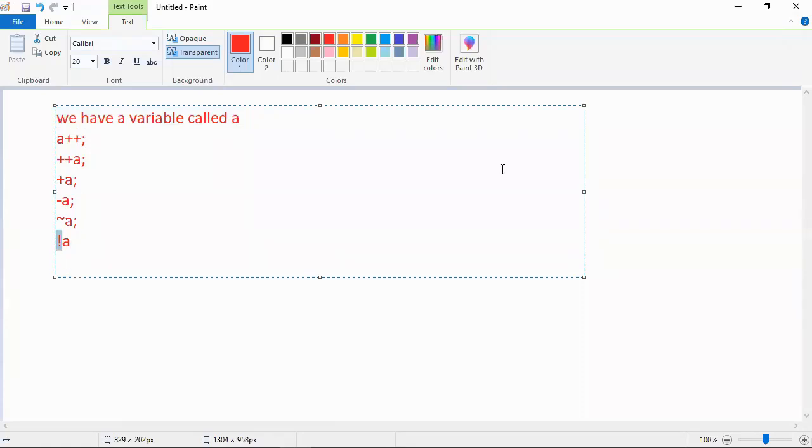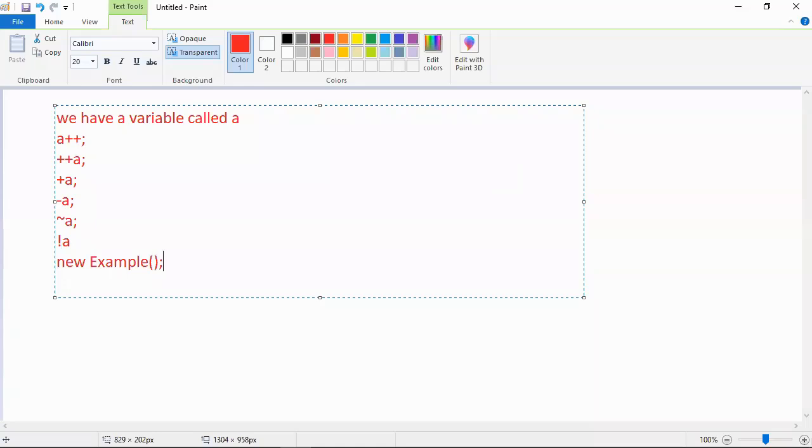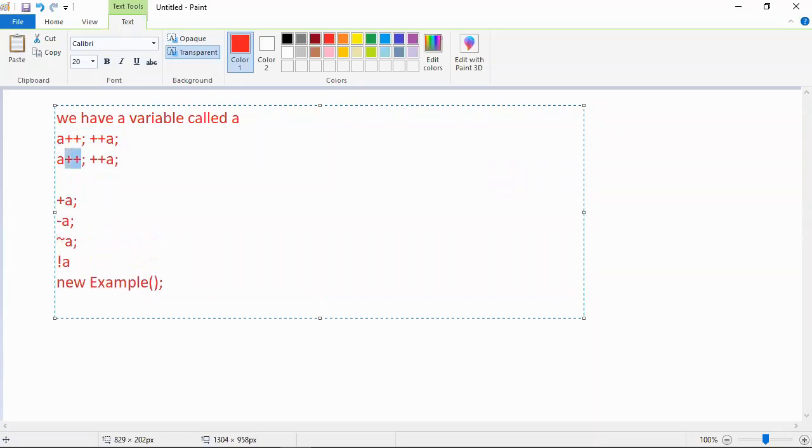We also have one more operator called new. New is taking one operand, a constructor call. So now tell me, how many operators are there in total as unary? One, plus plus, and then minus minus: a plus plus, plus plus a, a minus minus, minus minus a.